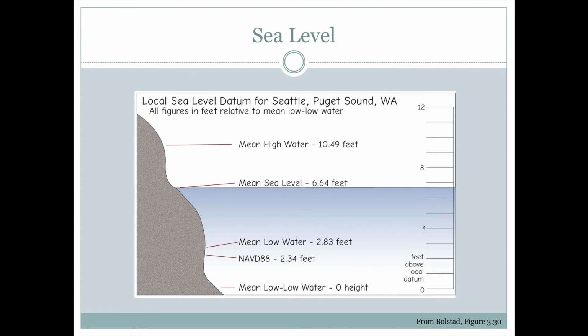The vertical datum of 0 is a datum, but it's not necessarily sea level. We're able to measure sea level in a lot of different ways. This one shows an example from Puget Sound in Seattle, Washington, and we can see that we have a mean high water of 10.49 feet, a mean low water of 2.83 feet, and then a mean sea level of 6.64 feet. So according to the vertical datum, the sea level in this area would actually be 6.64 feet above the